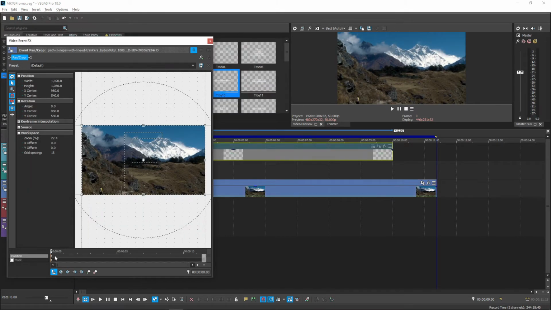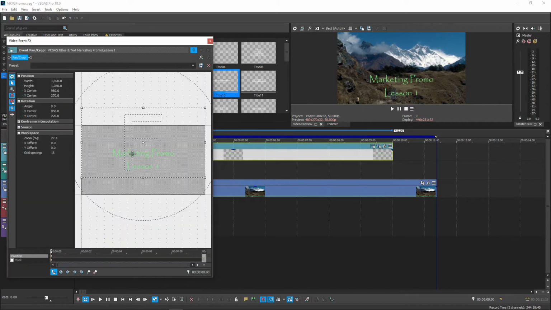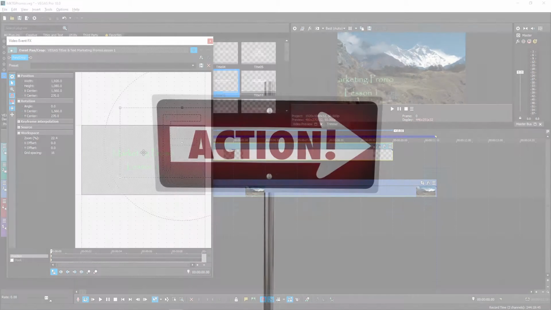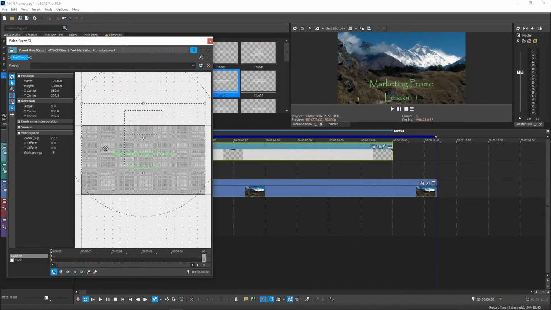To show you that this truly works anywhere, let's apply keyframes to some text instead of our footage. Let's create some text here, such as a title for your video. Now, I could let it slowly fade in by dragging the ends like we've done before, but that feels slow and calm. I'm looking for a little more action here. So, let's have our text zoom in from the side. That means in our first keyframe, you can't even see the text on screen yet.